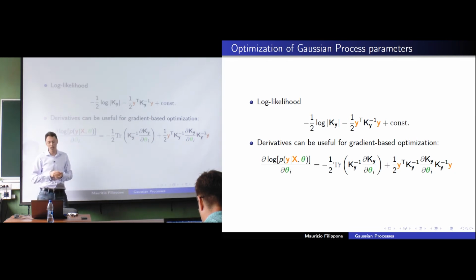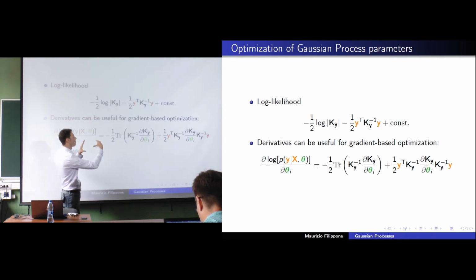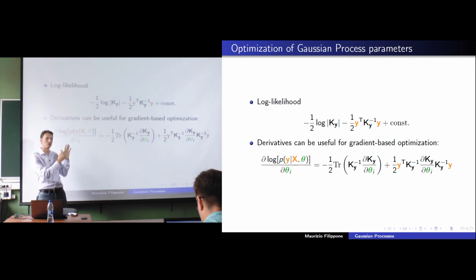So one way is to decompose the matrix to be L L transpose, where L is a lower triangular matrix. Okay, so you transform K_y into something which is the product of a lower triangular matrix and an upper triangular matrix. Okay, with the lower and upper triangular, I mean that the non-zero elements are in the lower triangular part of the matrix and zeros otherwise. Okay, so if you do this, it turns out that it's numerically stable to do inversions,